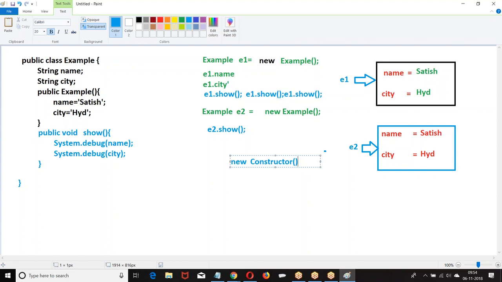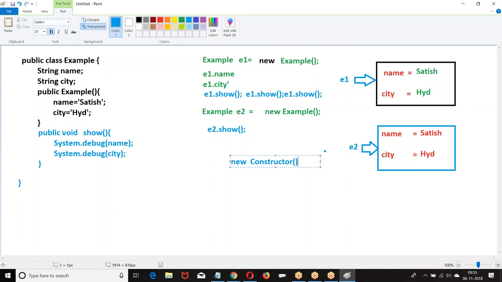So what is the purpose of a constructor? A constructor is used to initialize the values for the data members of the class. How many times is the constructor called? Only once, at the time of creating an object. Does it have a return type? No, your purpose is not to return. Just initialize the value and leave. Don't return any value.